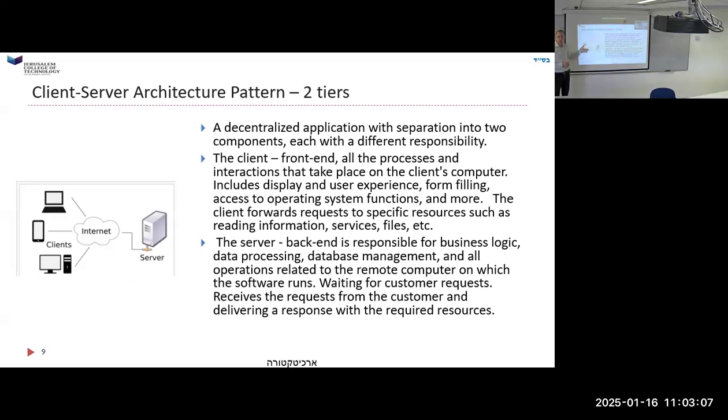rearrange the data. Did you take a class on, what is it, programming languages for applications or something like that? You didn't take that course? I thought the client's